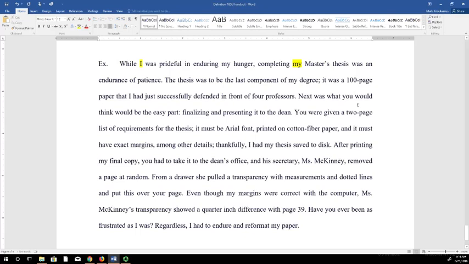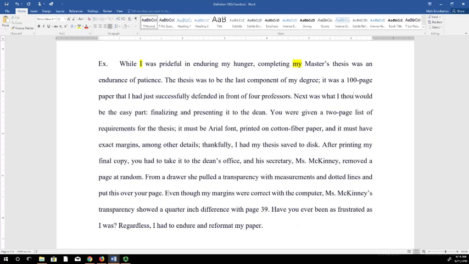Now, we have something terrible going on in here. What do we have going on in here? Shift in point of view. How do we correct this? "What I thought." Okay? Another shift in point of view. You weren't given the list. I was given the list. And now I have to make sure my verbs line up right.